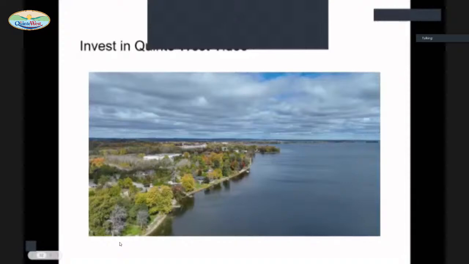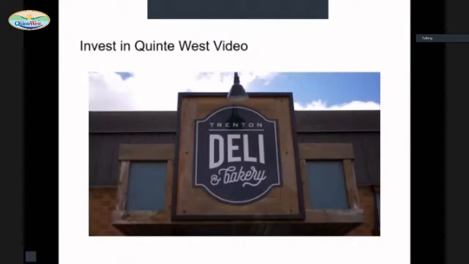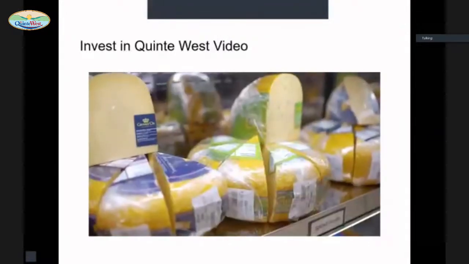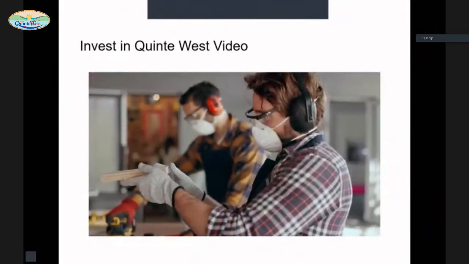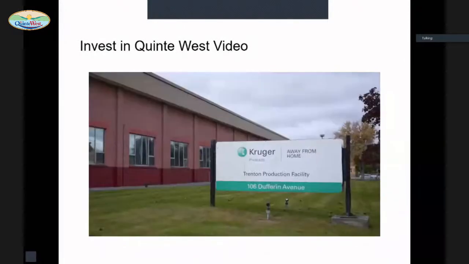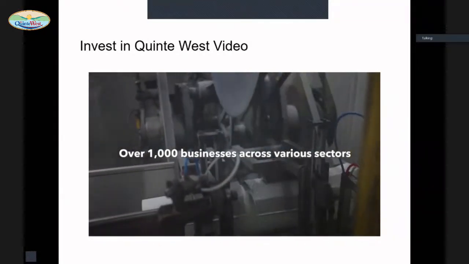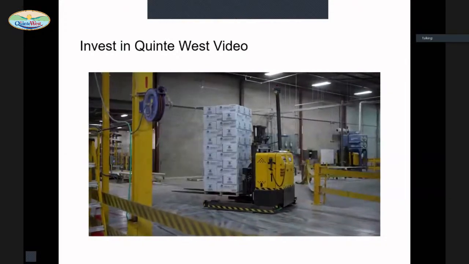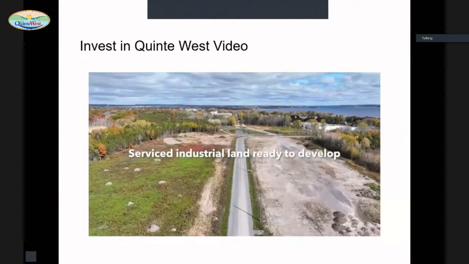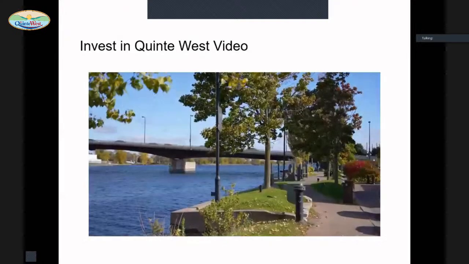Business because we're really close to the 401s. I grew up in this area, so we did shop all the time at Trenton Deli, and it was so exciting to take over an existing business that people loved, and we could grow it. There's so many producers in the area, there's so many small businesses, and there's a piece of a pie for everybody. We're located in Quinte West, Ontario, and we are a manufacturer of tissue products. From a manufacturing perspective, it's a great place to do business because we're really close to the 401, so transportation in and out is really easy. The area really supports its entrepreneurs, they support their makers, they support each other. It's an exciting place to be.